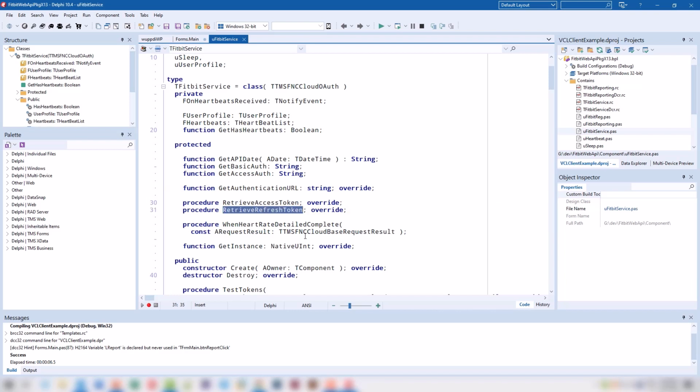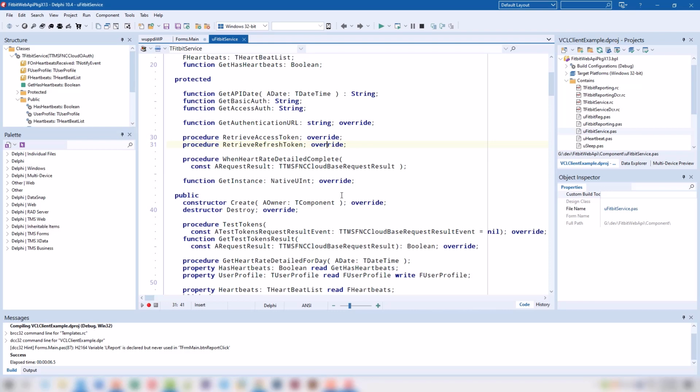We also need to implement the method retrieve refresh token. It is defined in the base class of the cloud package, but we need to override it and provide the implementation for the Fitbit API service. How can we do that? Well, we look at the documentation and find out how to retrieve a refresh token.